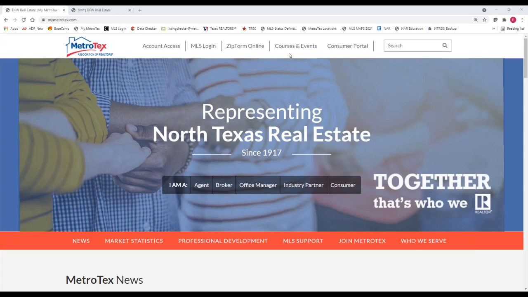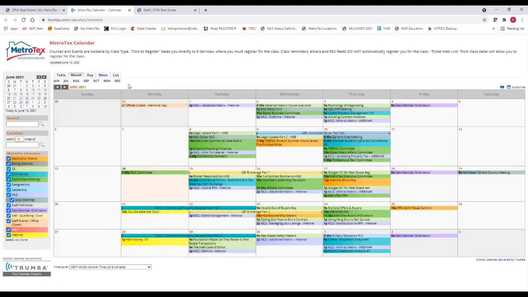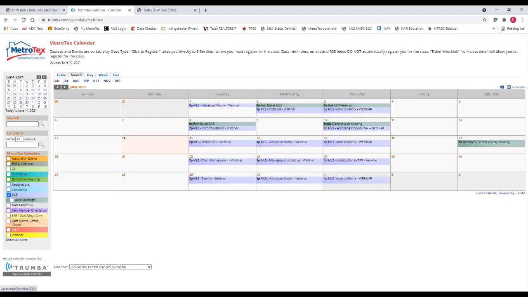Another thing that you can do here is go to Courses and Events. This brings you to a calendar full of MetroText courses and events. Here, if you go to the menu, you can select MLS, and the classes in light purple are all MLS topics. Let's go ahead and head on over to mymentortext.com,